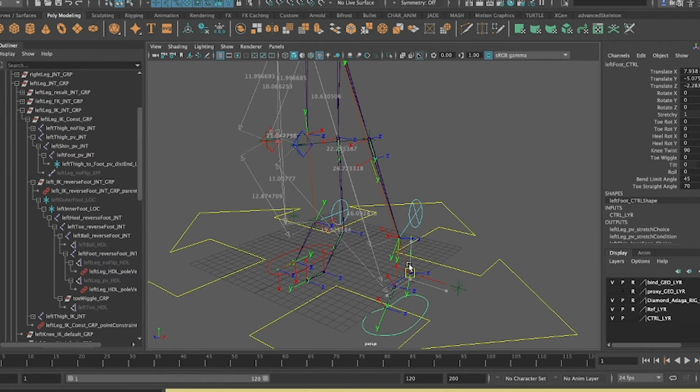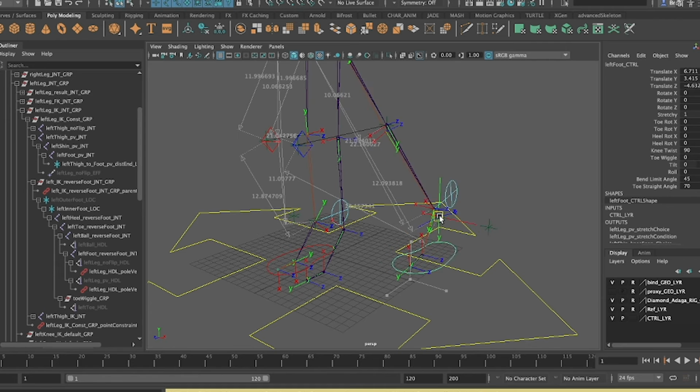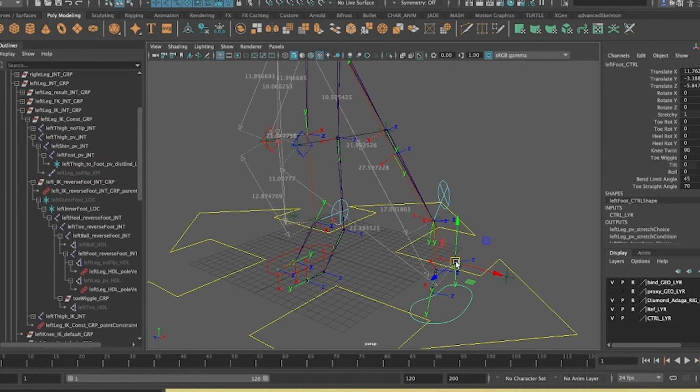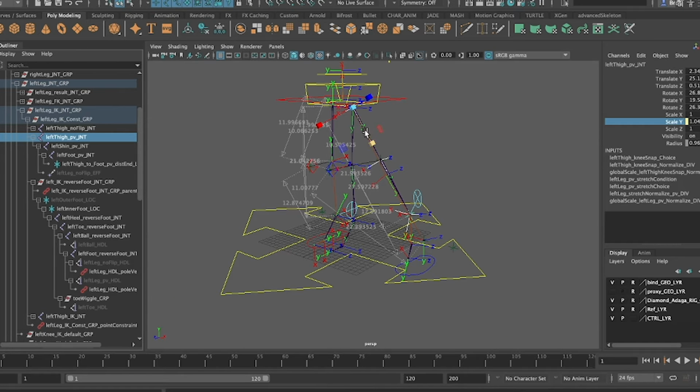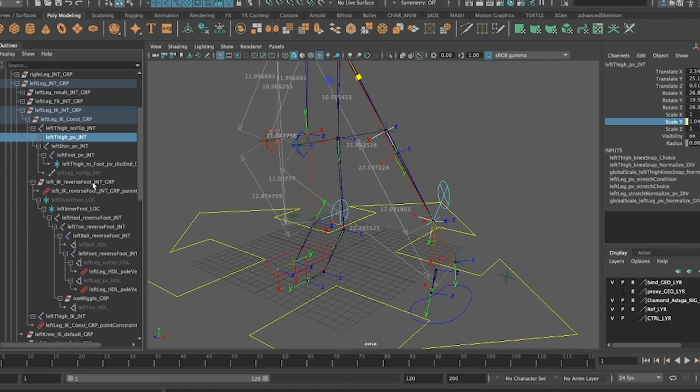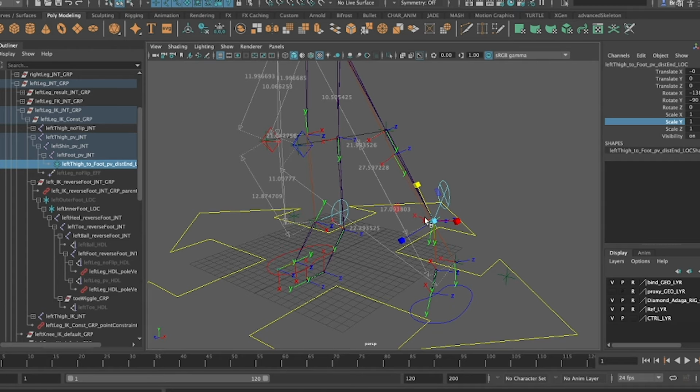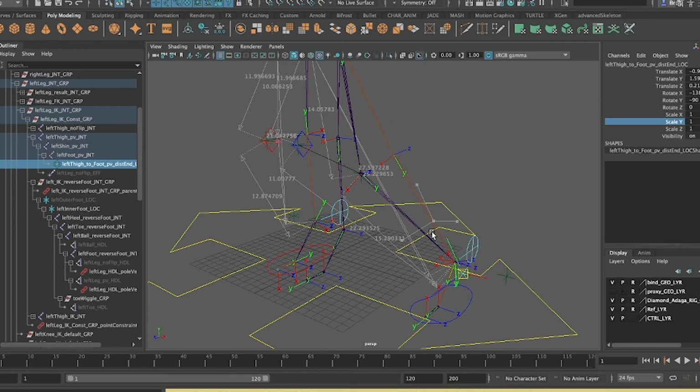It's kind of confusing to describe at first, but basically the stretch value right here is determined by this locator right here, and this locator is, as you can see, just kind of fumbling around, and it is, oh boy, trying to figure out how to explain this properly. It's basically creating an active value that's being manipulated, and it's causing a lot of inaccurate transformations in the knee because of